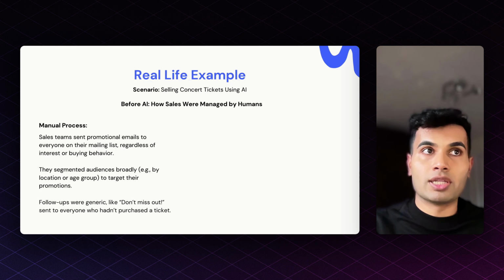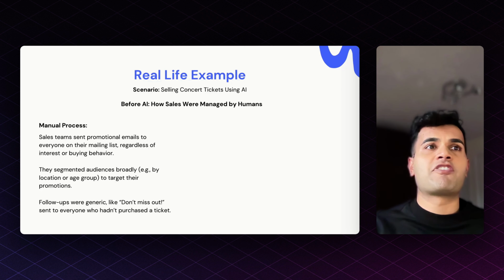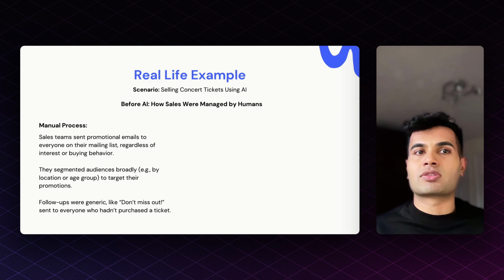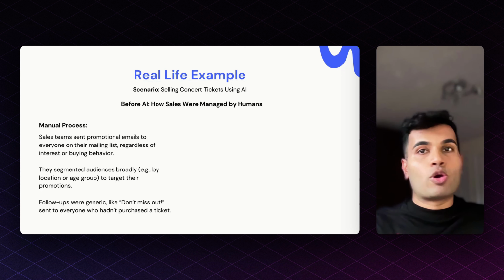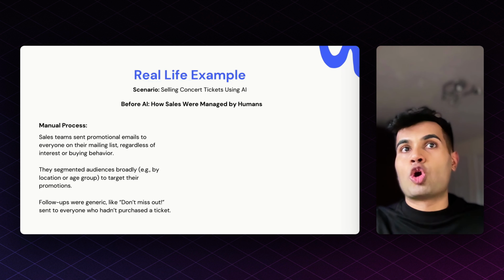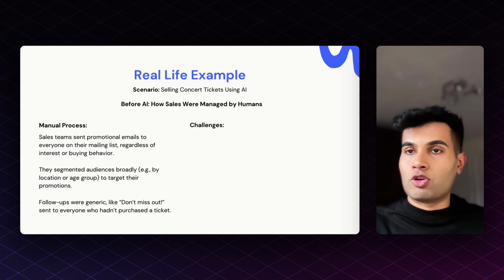But if, for example, we hadn't bought the ticket, the follow-ups are very generic. It's just your standard email: don't miss out, please buy this. We as humans don't feel very empowered by this. And all of this leads to three main consequences or disadvantages during this whole manual process. First and foremost,